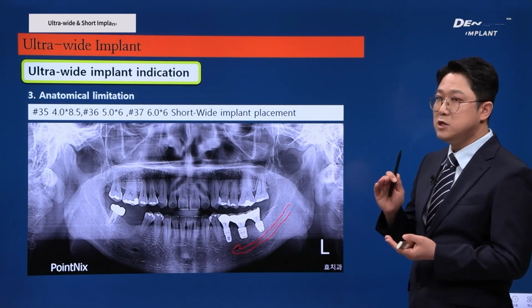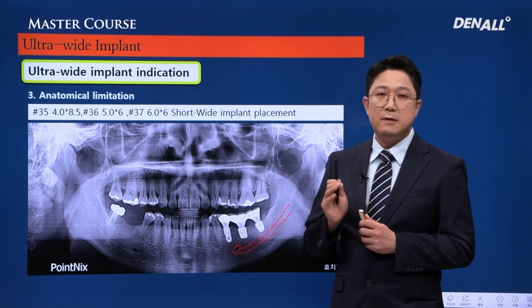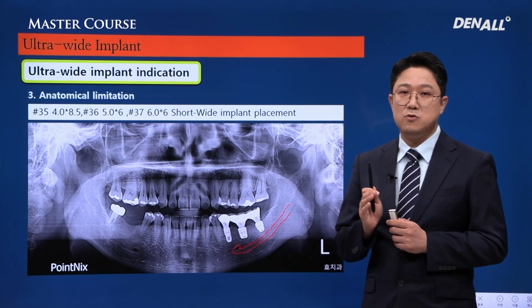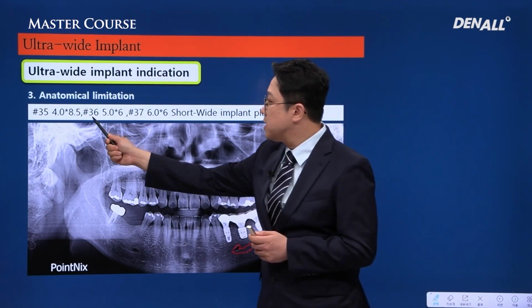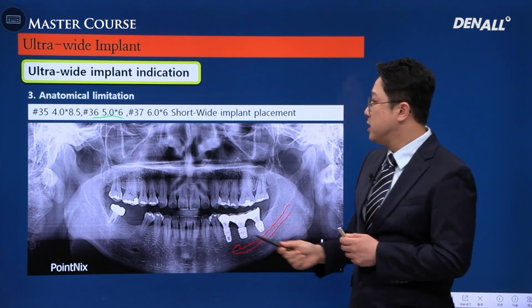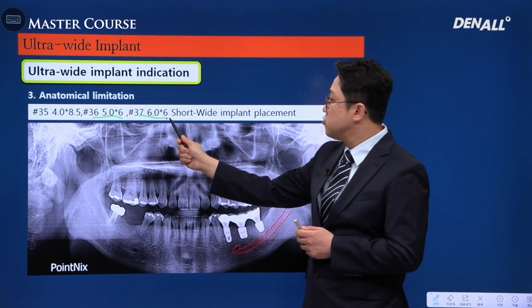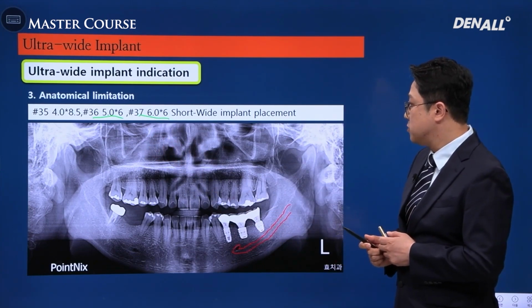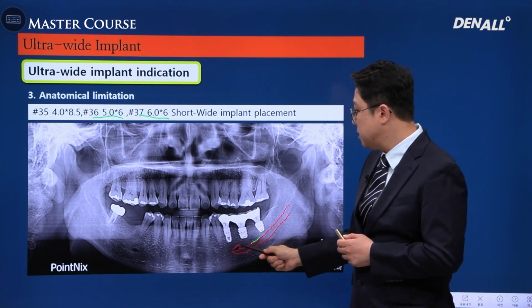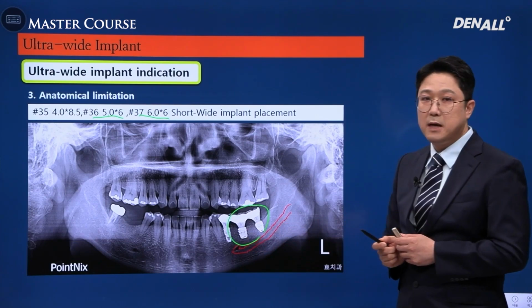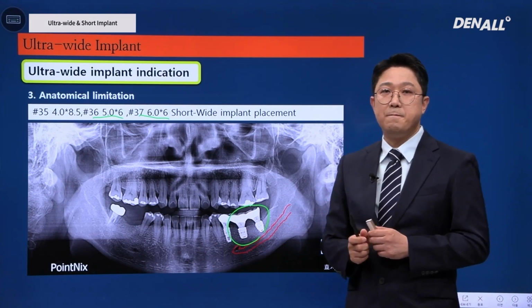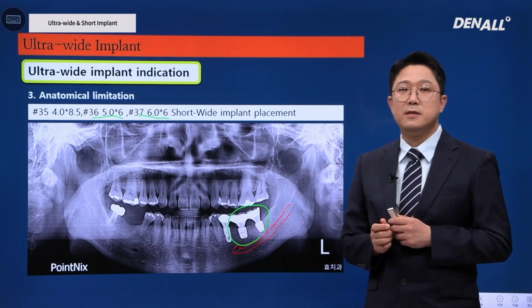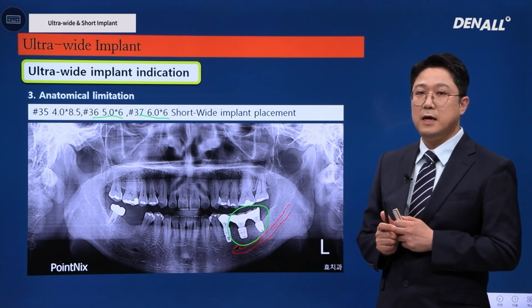In the posterior area where load is concentrated, it can be quite stressful to place the short implants. In this case, in number 36, 5.0 by 6 mm, and in number 37, 6 by 6 mm short ultra-wide implants were placed, and that's how the case was closed. If there's anatomical limitation, by using wide and short implants, you can help the patient withstand the load in the